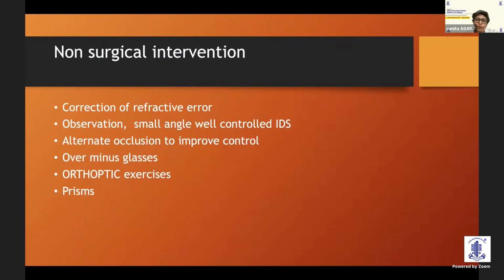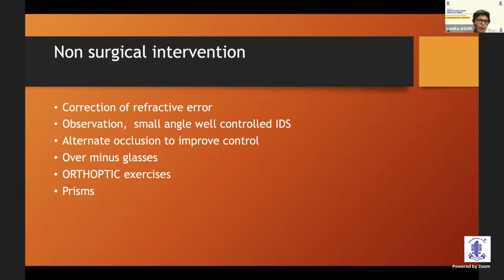Observation: you can observe small angle, well-controlled IDS. There is no need to jump into surgery or an intervention if the control is very good. Sometimes you can give alternate occlusion, although in children cooperation is a little bit of an issue, but it does help in improving the control. Sometimes over minus glasses are given, although